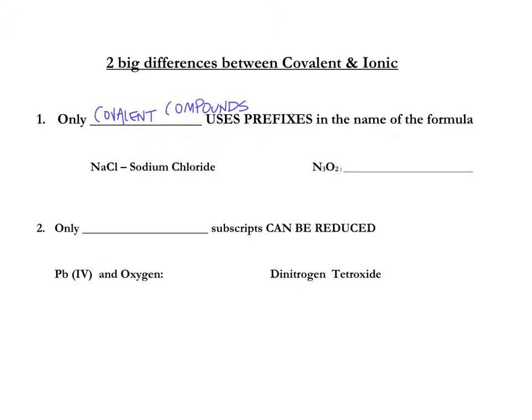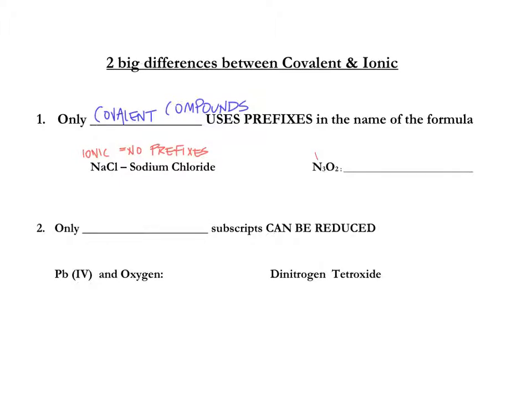Okay, so when I look at this first example, it says NaCl, sodium chloride. There are no prefixes here because this is ionic. But when I look at my next example,